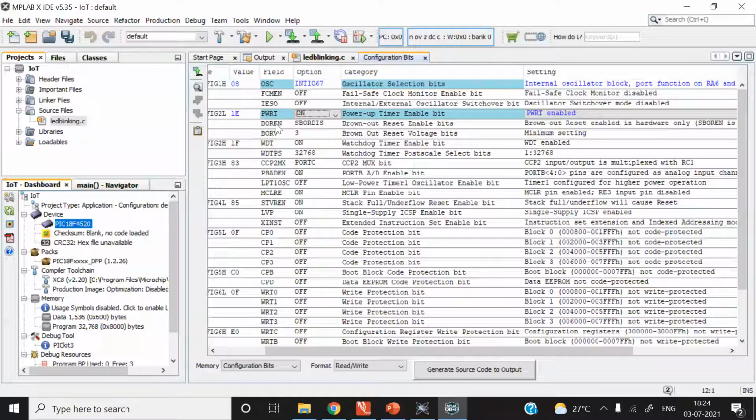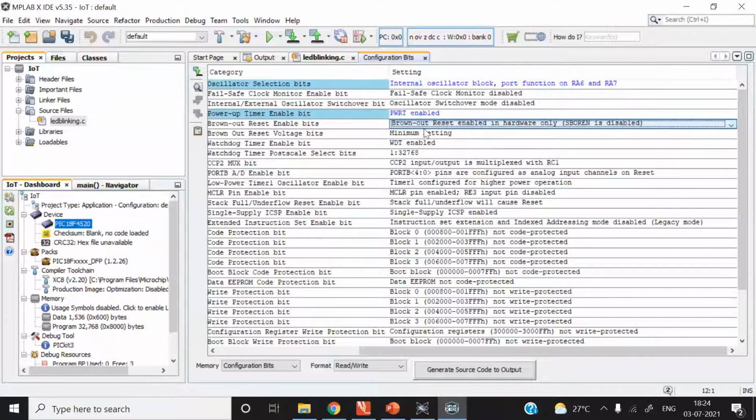This brownout reset you can enable or disable with the BOREN field. And next to this, there is the option column here. So there are a number of options here. The first option is SBORDIS. What is the description in the last column here? Brownout reset enabled in hardware only. So you cannot modify it in software.